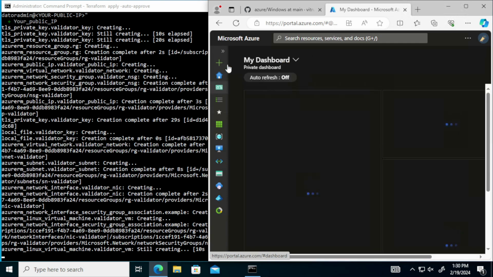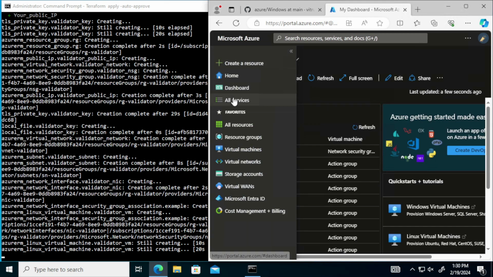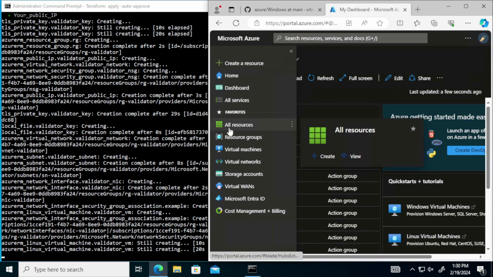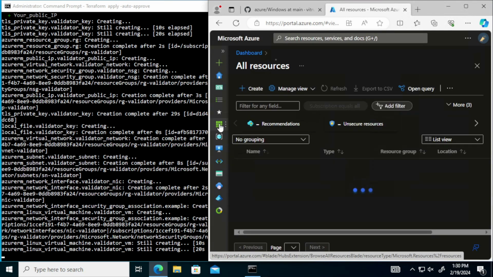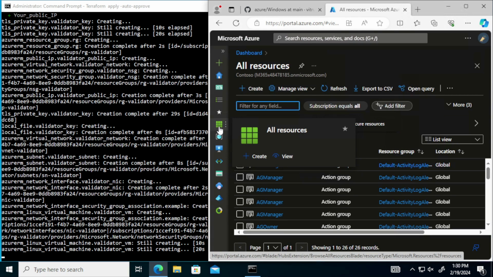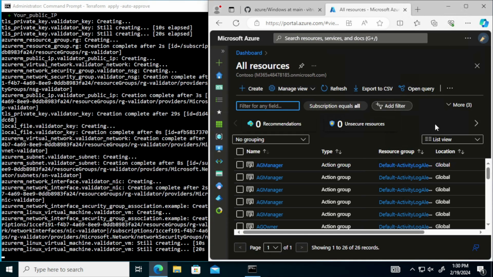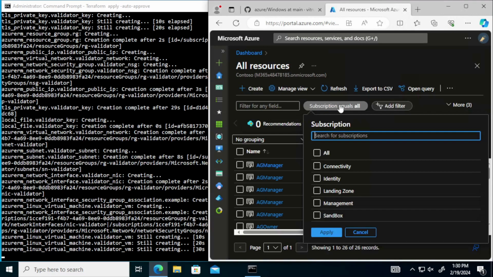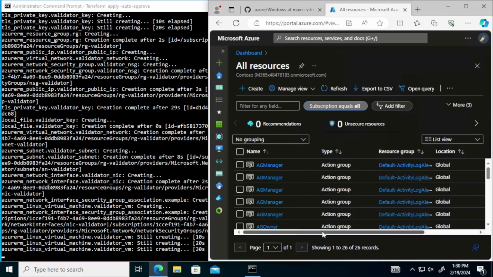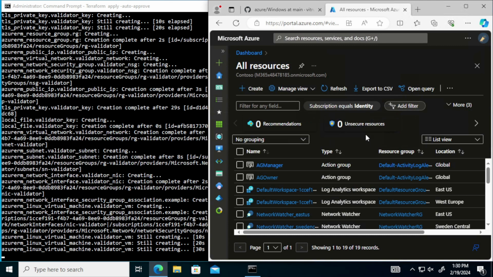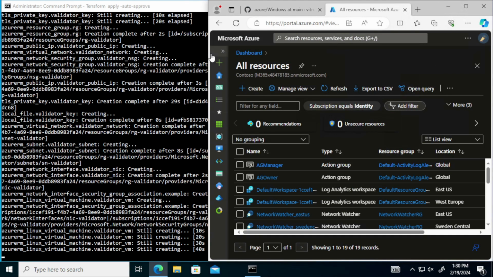All right, so I'm going to go across to the left side in the portal, and I'm going to get all resources. It's this kind of green column option here, and I'm going to go up to the subscription. You should have only one subscription called subscription one, so you won't have to do that, but I'm going to do that,